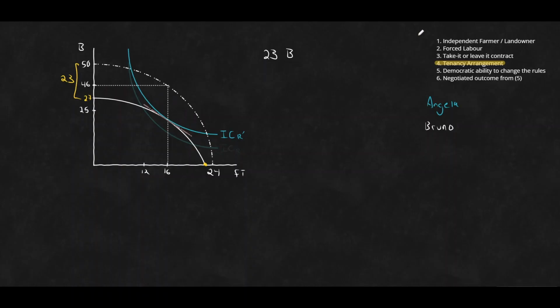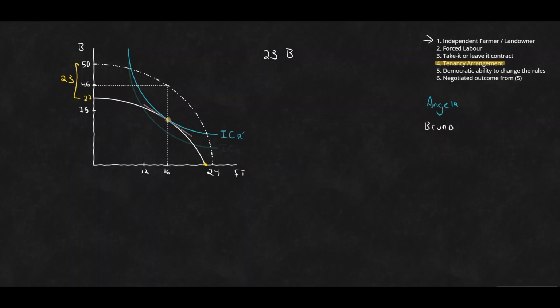And so based off of this, just like going back to our first case here, Angela would just go to find the highest possible indifference curve that she could, given the feasibility set that she's facing. And in this case, she's just facing this constrained feasibility set, the actual feasibility set of the land, minus the corresponding lease. And so in this case here, just like in every other case, Angela would go and equate her marginal rate of substitution to her marginal rate of transformation. That is where the slope of her feasibility set equals the slope of her indifference curve. And we would get all together for Angela